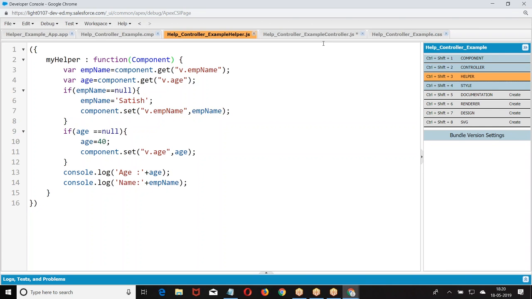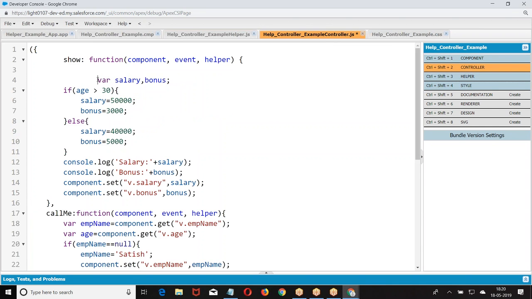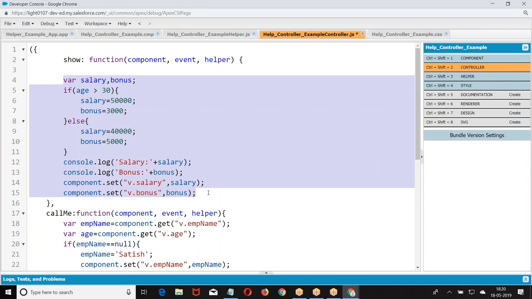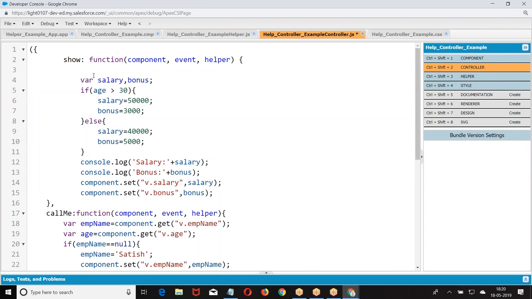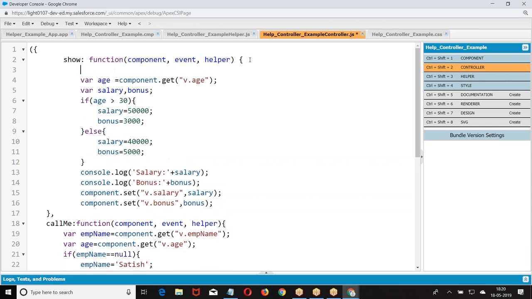Right. Now what I am doing in the JavaScript controller, here I will be taking the value where age equal to component dot get. So from the show method, I want to call helper.